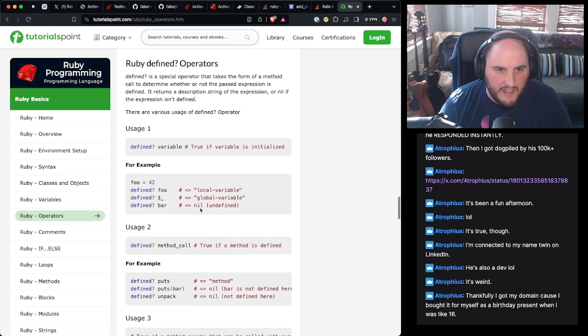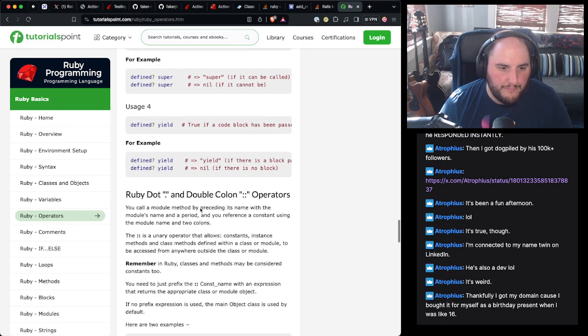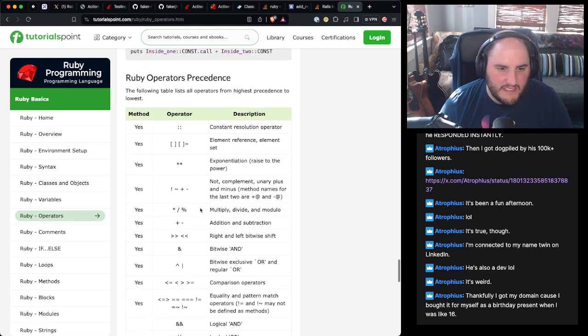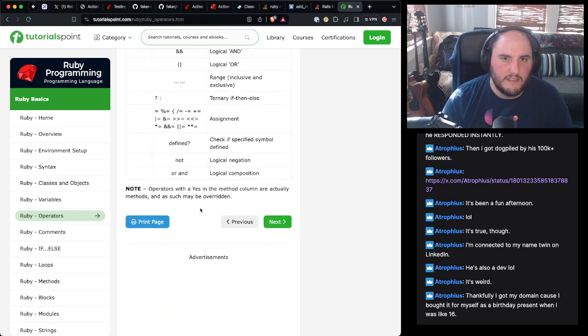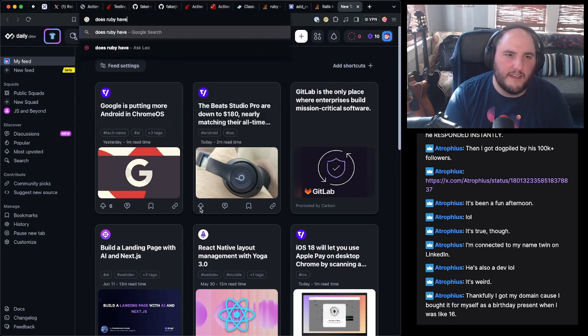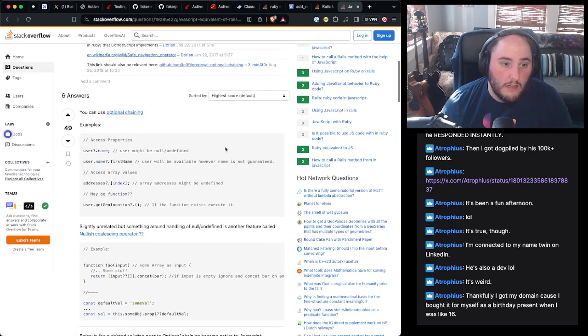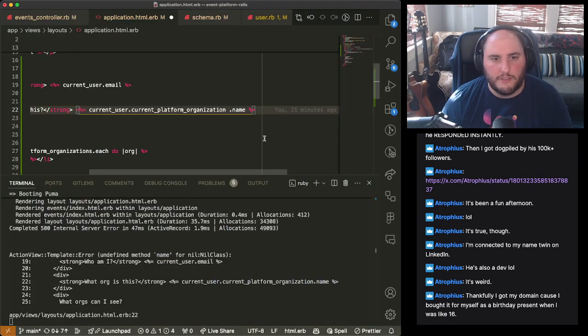It's got defined, dot and colons, precedence. Does Ruby have an optional accessor like JS? I think the answer is, oh, actually that works.